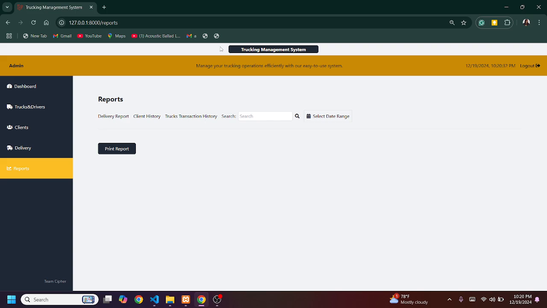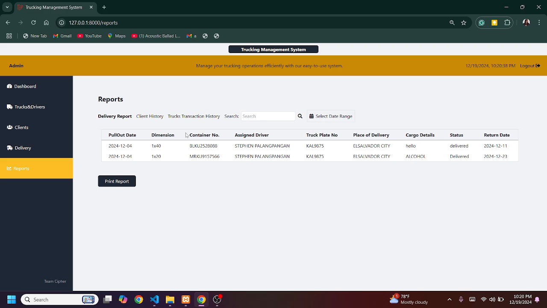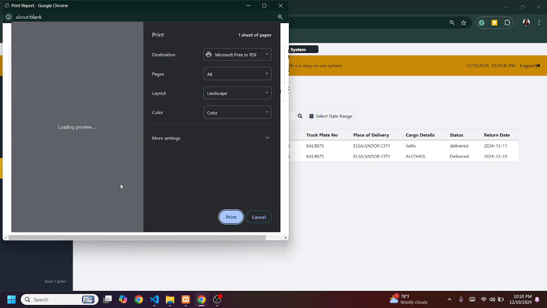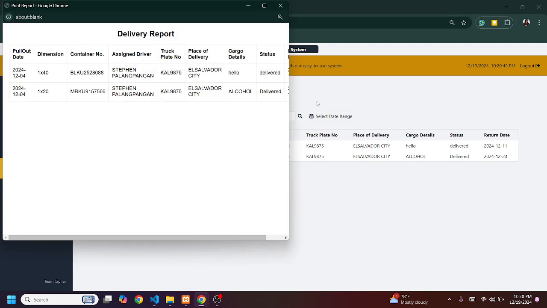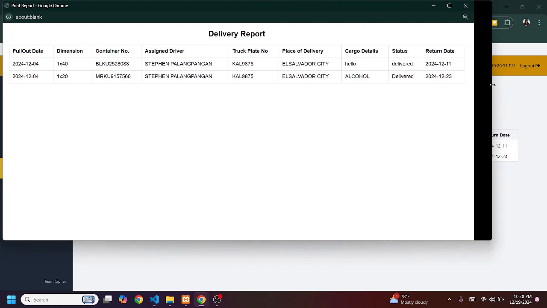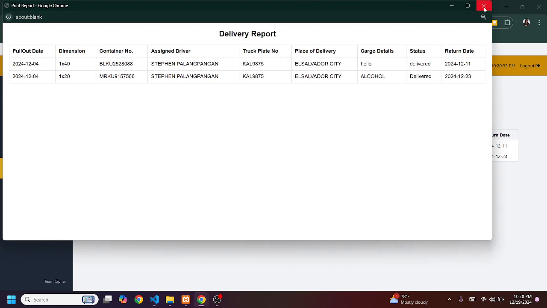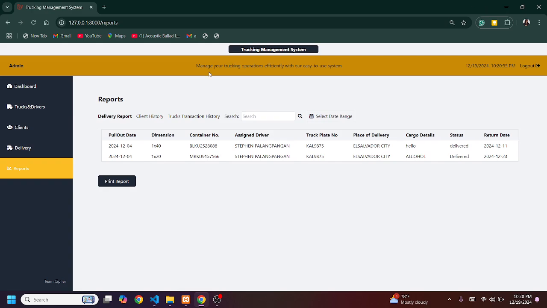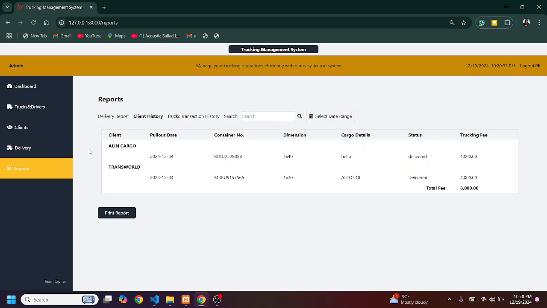If you want to view the delivery reports, you can tap the delivery reports, and all the deliveries you created will be generated in this table. You can also print the delivery information or delivery reports. Then for the client history, this would be the output of the client history.